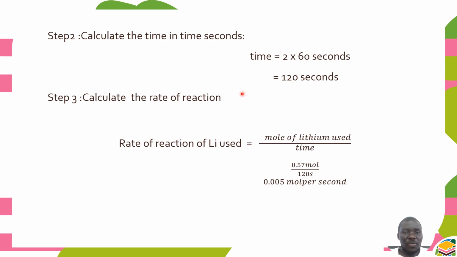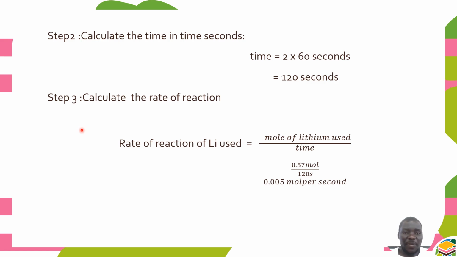Step number 2, we are supposed to convert time into seconds. We won't use the minutes, we'll convert the time into seconds. So if you check, 1 minute is equal to 60 seconds. What about 2? It means 2 multiplied by 60, and we're going to have 120 seconds. On step number 3, we're supposed now to calculate the rate of reaction using our formula